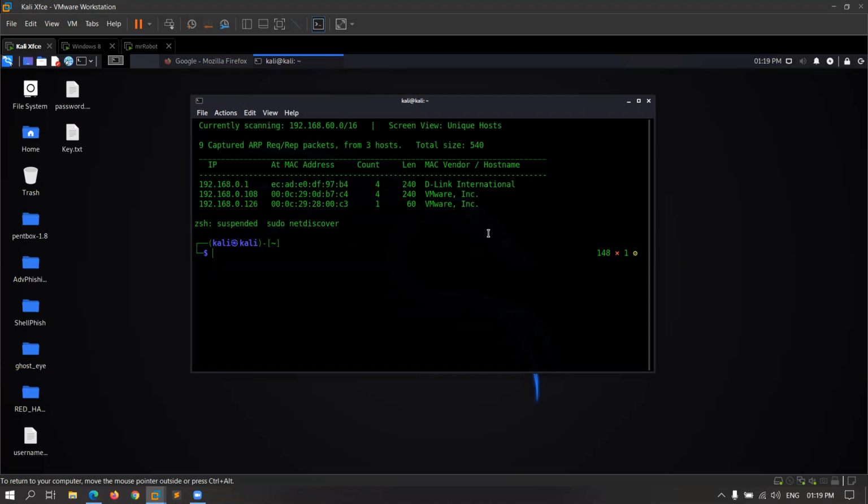So what will I do? I will enumerate. I will use nmap. After netdiscover, I will scan the machine with Nmap. I want to scan all the ports of the machine. And do you know what is the meaning of -A?